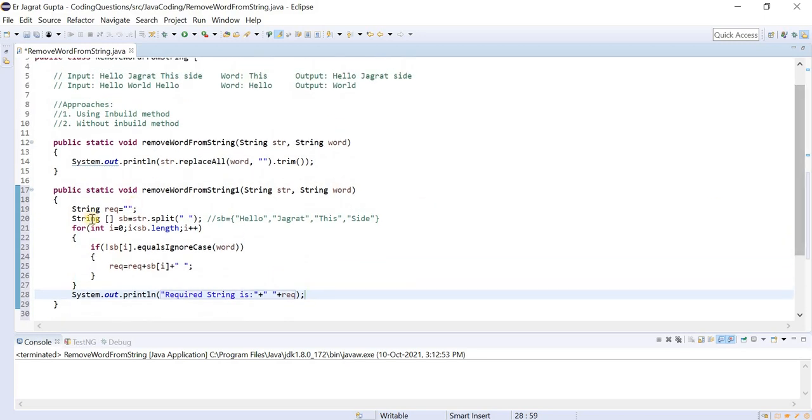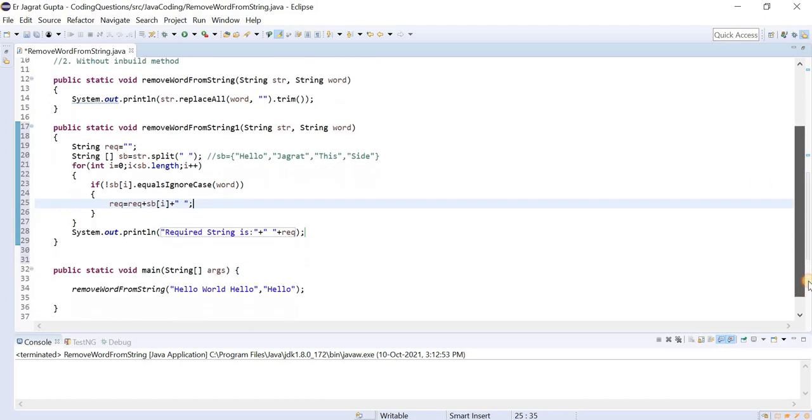We initialized a string in which I want to store my required output, then we split this particular string, so with the help of this we get the array of strings. Then we traverse it one by one, and if the word is not that particular word that we want to remove, we store it in the required string, and we finally print that.